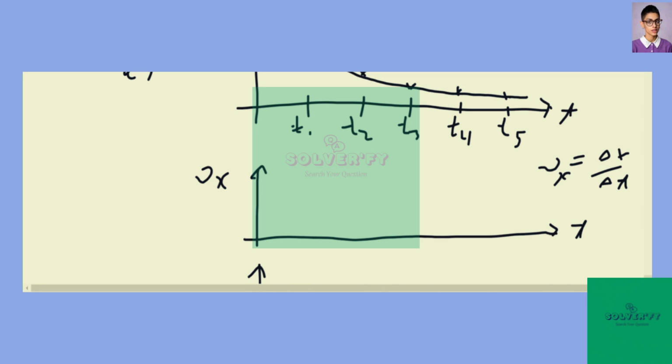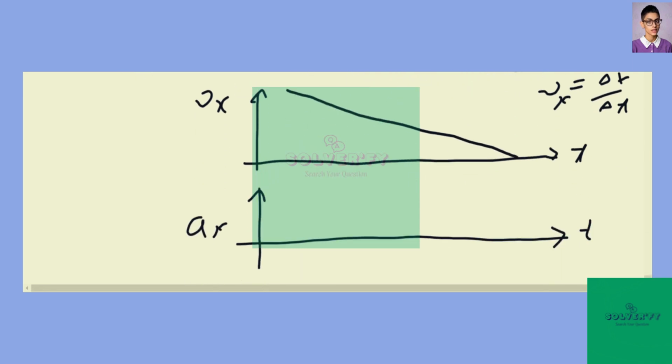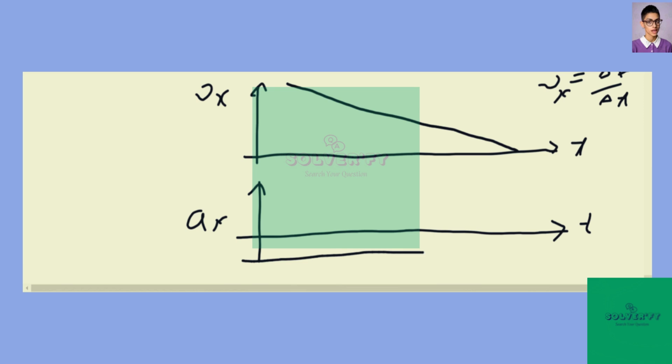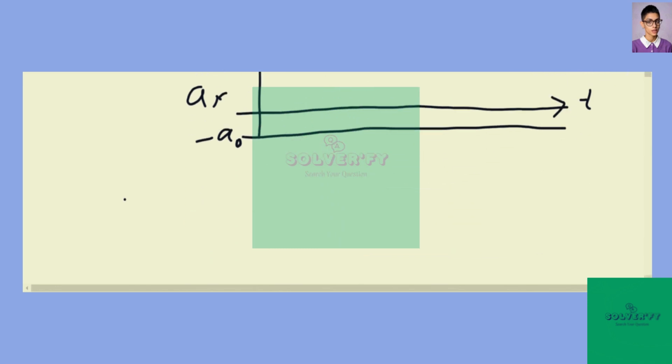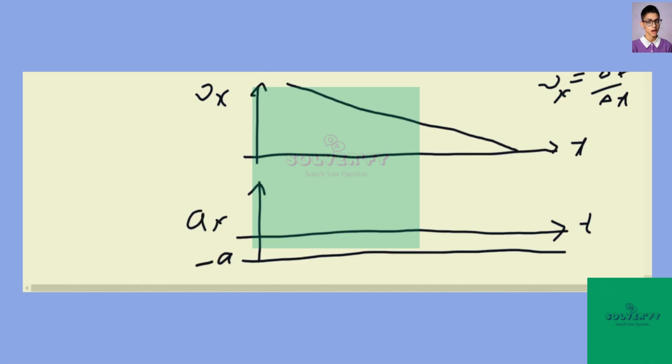The velocity is really linear with the separation, with delta x. Delta t is constant, so the velocity decreases with time, and the acceleration, because of that, has to be constant but negative, some constant value, minus a0,